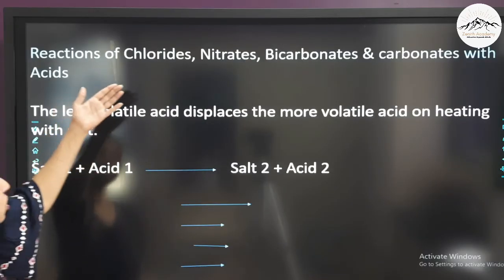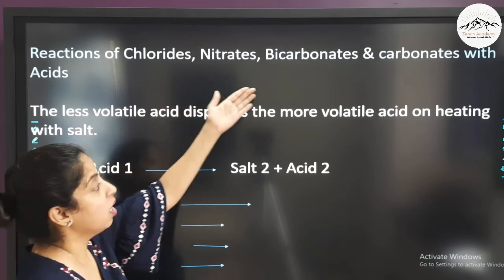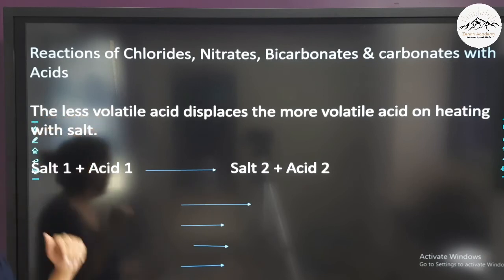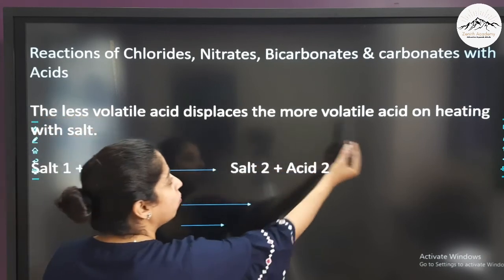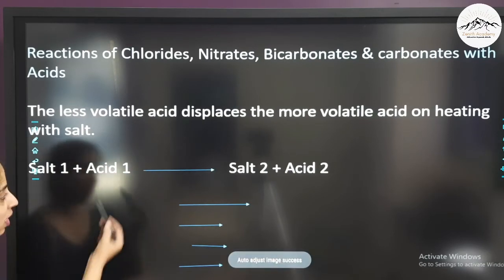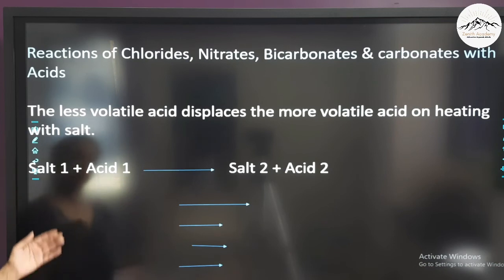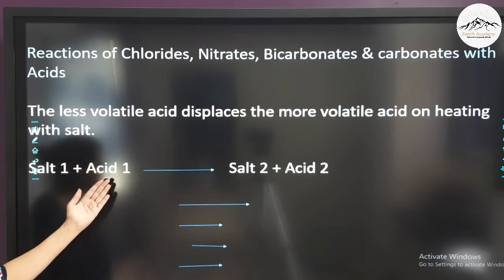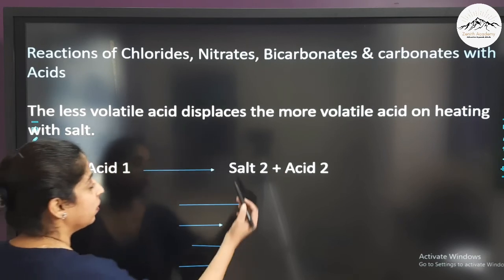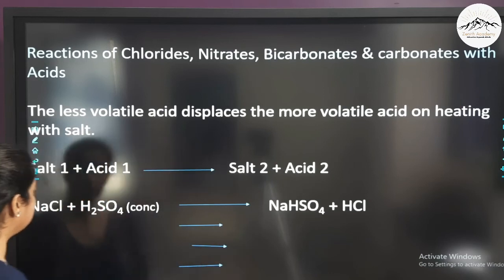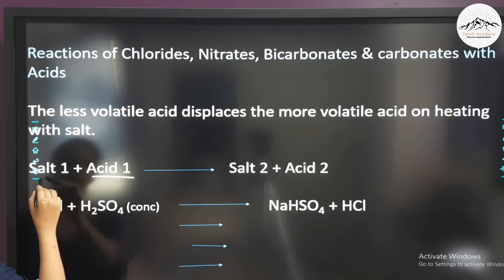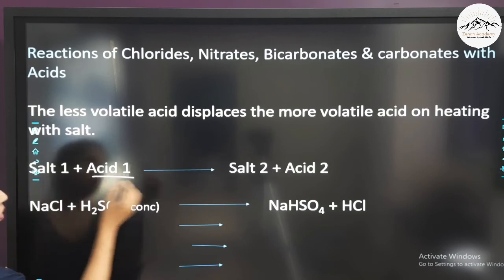Now let's see the reactions of chlorides, nitrates, bicarbonates and carbonates with acids. Now the less volatile acid displaces the more volatile acid on heating with salt. So if we take any salt and any acid, this acid 1 will be the less volatile acid, it will displace the more volatile acid from salt 1 and it will form salt 2 and acid 2. Let's see. So here the less volatile acid, acid 1, displaces the more volatile acid from salt 1,